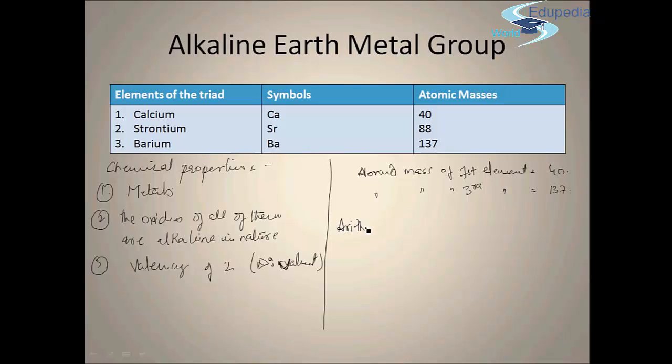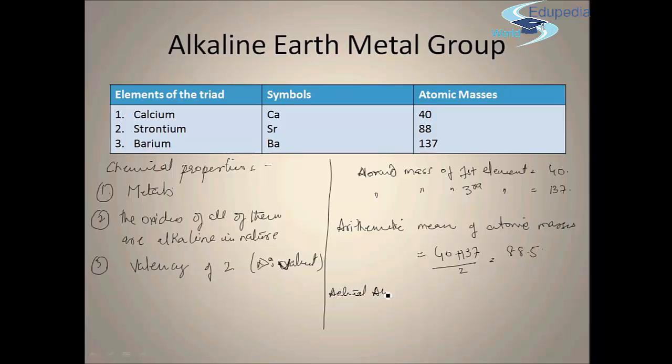So taking the arithmetic mean of these atomic masses, which is 40 plus 137 upon 2, comes out to be 88.5, and the